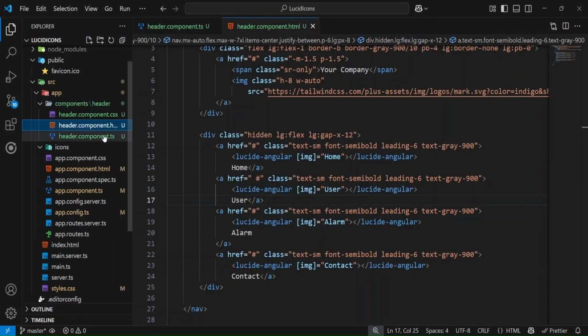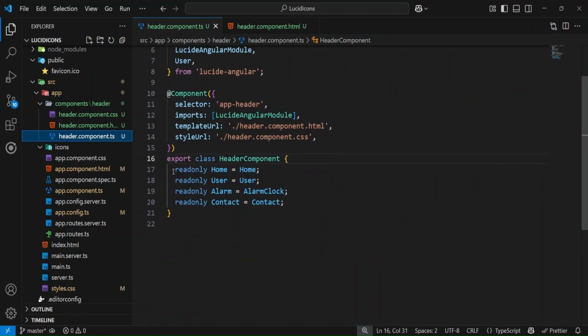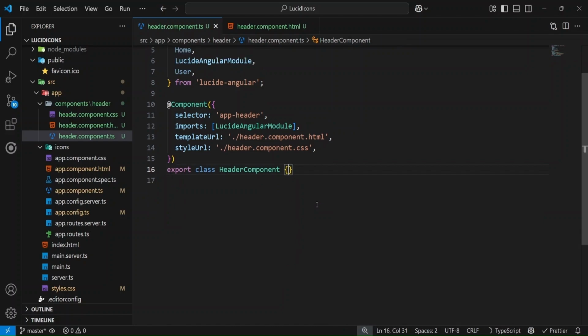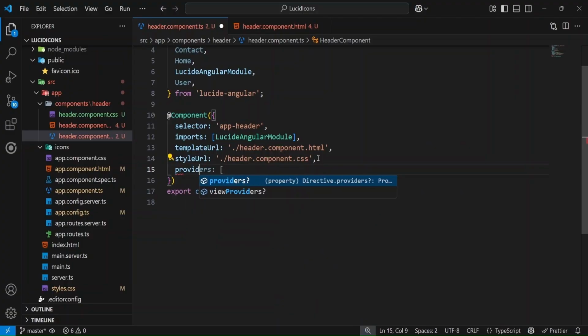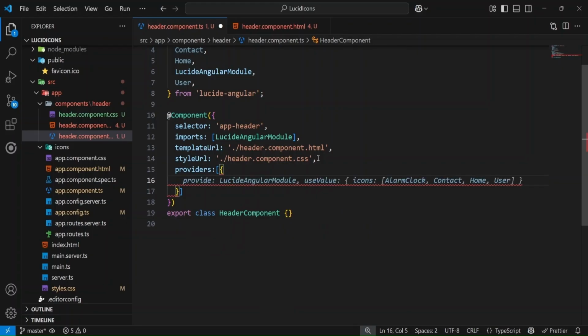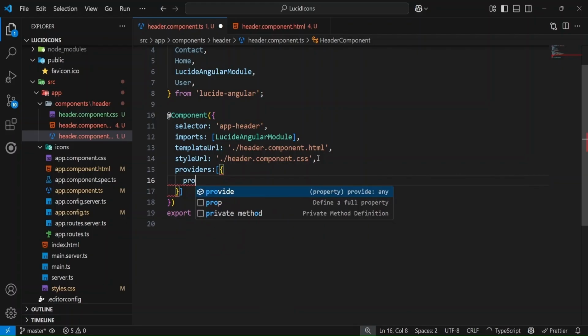Okay, so we have already set up the header component and display the home, user, alarm and contact icons. We will use the provider method, and providers tell Angular exactly which icons this component uses, making it perfect for standalone setup. And if we use this method, the bundle size will be reduced. So what we will do, we will use providers and